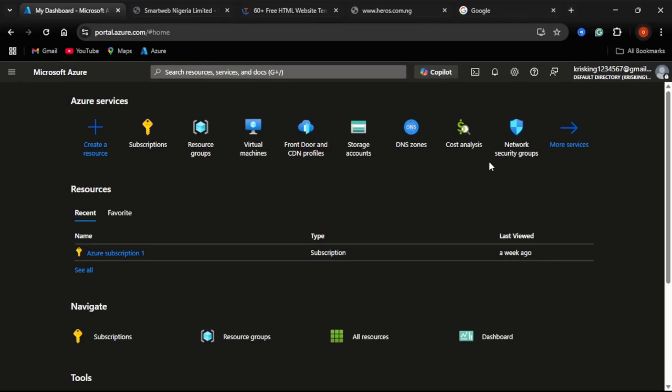In this video, I'll be showing you how to deploy a simple static website on your Azure Storage Account and have it mapped to a domain name. So let's get started. First thing first, let's